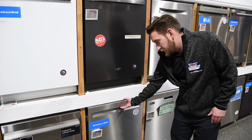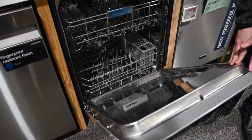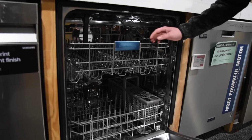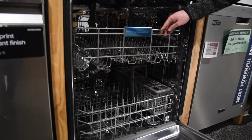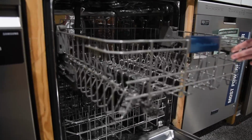Going on into the interior of this dishwasher. So all stainless steel. This one's actually 46 decibels, so it is really, really quiet. These are all nylon coated racks, so these aren't those old rubber racks that can rust away on you. Also, the racks are ball bearing, so this top rack here glides smooth, really easy, and it